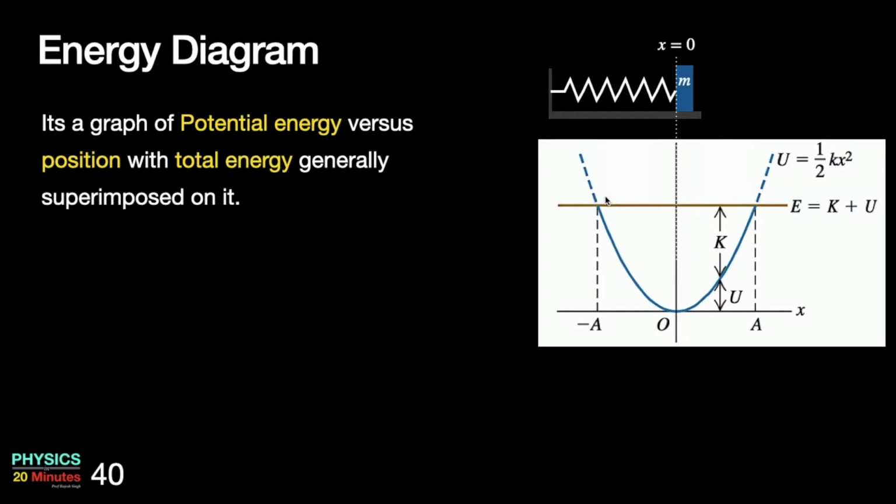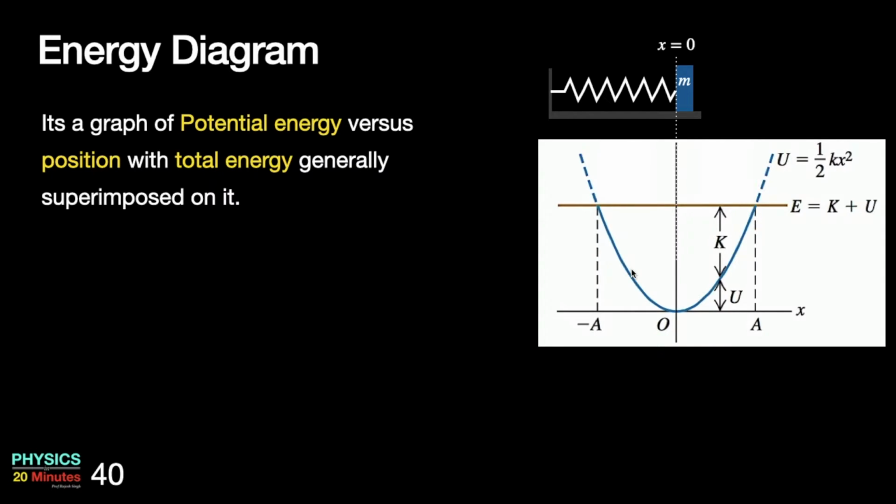We are all familiar that the potential energy function for spring or elastic forces is half kx squared. If you look at this function carefully, it's the first power of u and this is the second power of position. So it is clearly a parabolic function with a graph like this. Spring oscillates between these two ends, but u is just a function of x, so it can even stretch further.